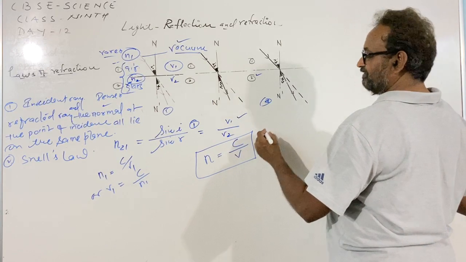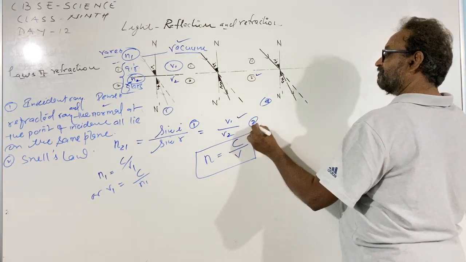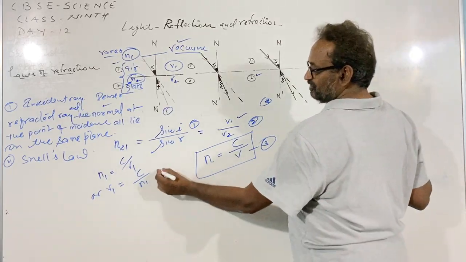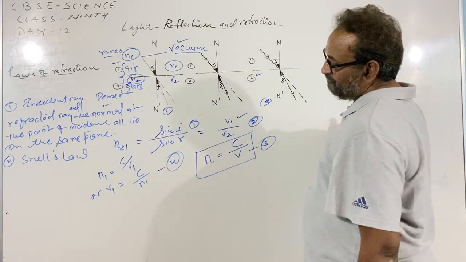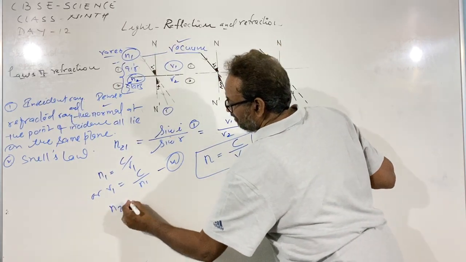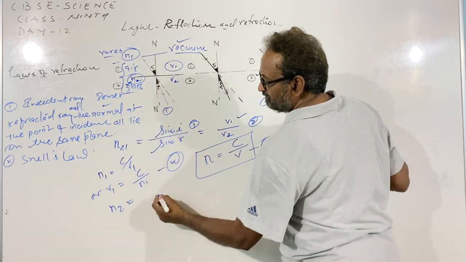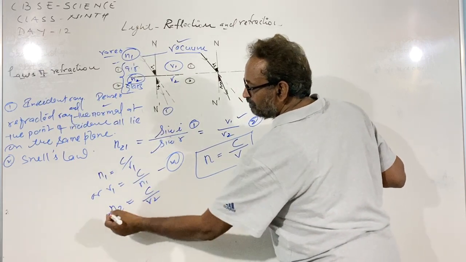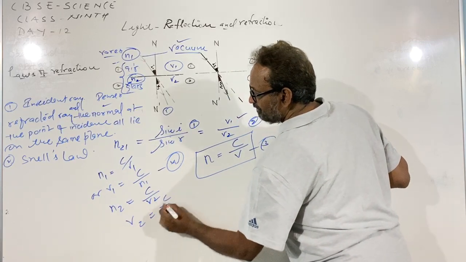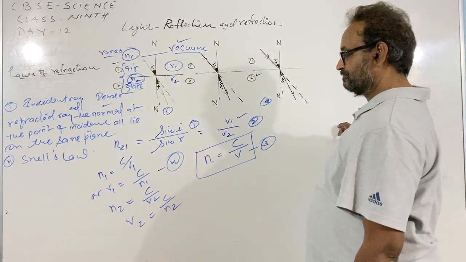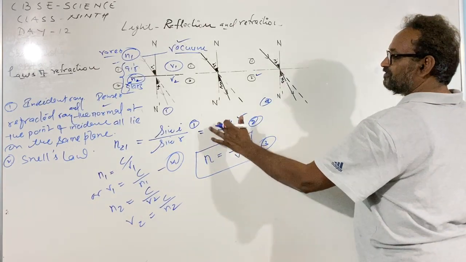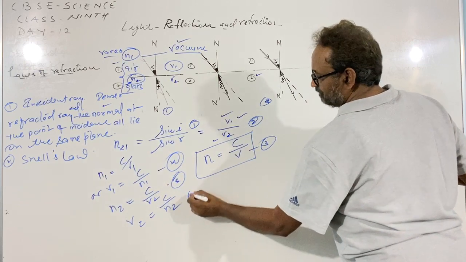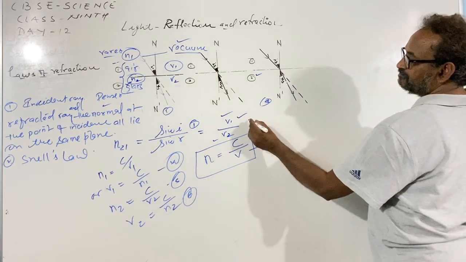You can mark it first equation, second equation, third equation, and this is fourth. In the same way, n2, absolute refractive index of the second medium, is equal to c over v2, or v2 is equal to c over n2. Now substituting the values v1 and v2 from these equations 5 and 6, we have